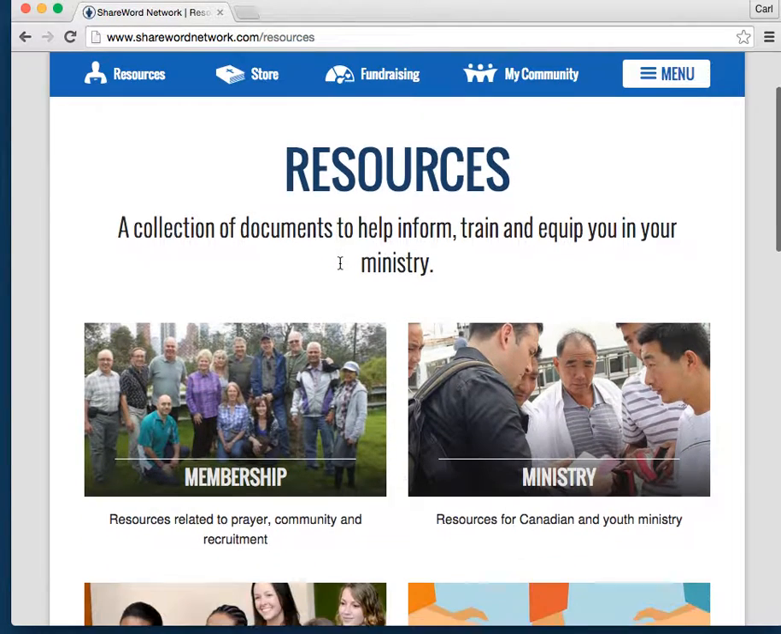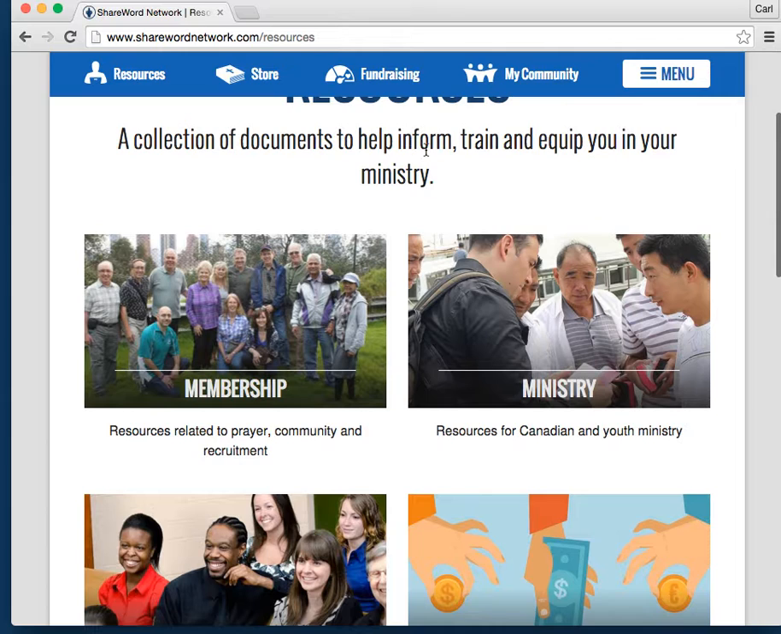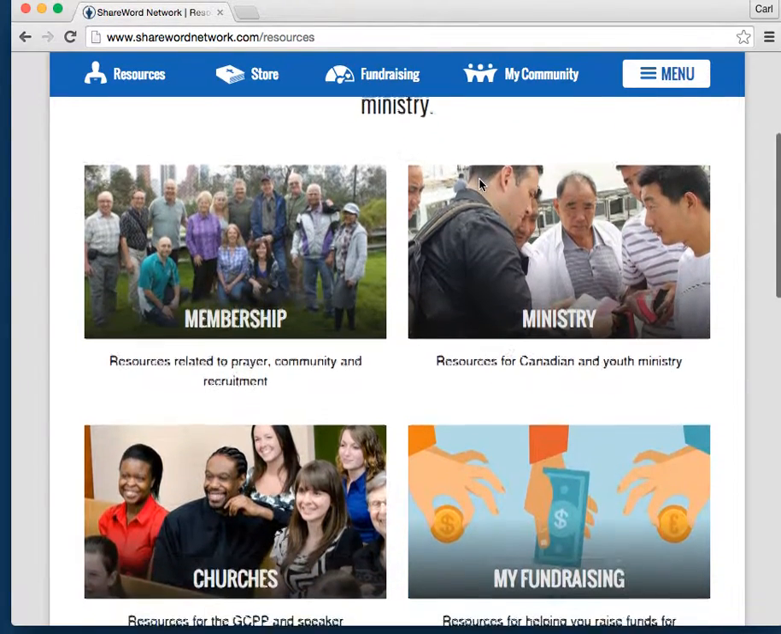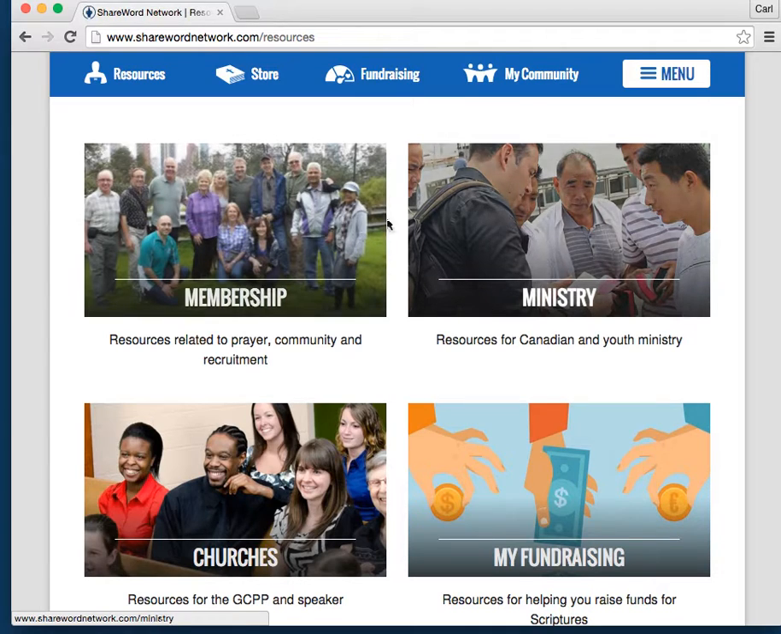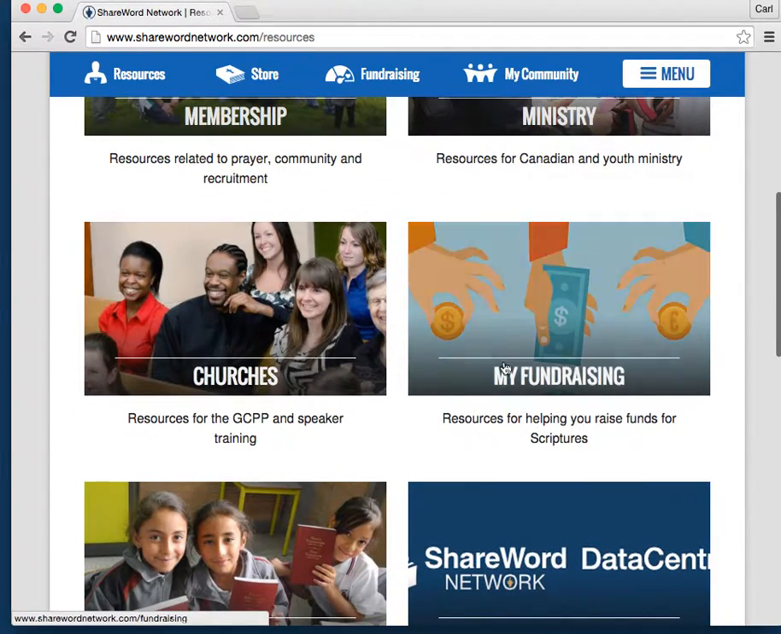So it's called Resources, and basically it tells you there's a collection of documents to inform you, train you, equip you in your ministry. To make it easier, what we've done is we've given large tabs. So these big photos are tabs for different resource sets. The first one here is for membership resources, and there's a small summary here of what kind of resources you'll find there. So membership, you have ministry, there's churches, fundraising,